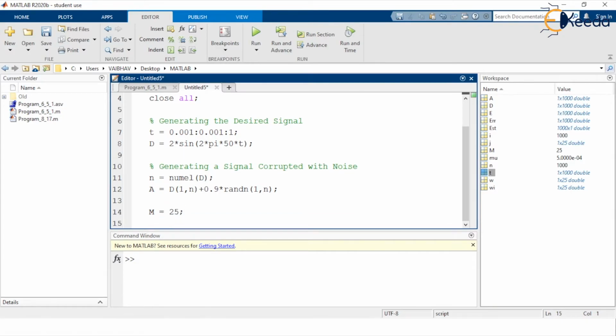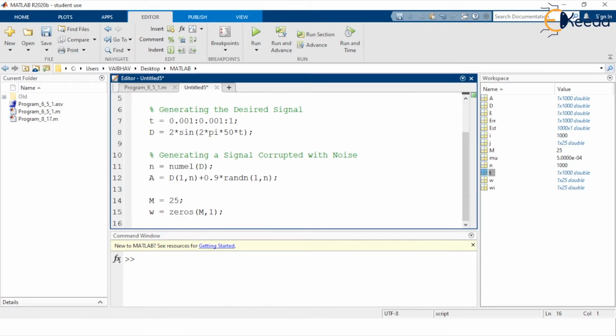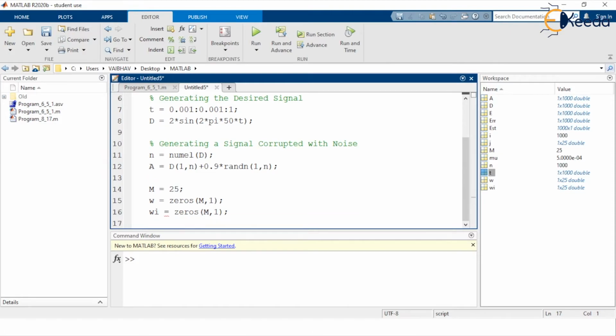Next to that, for representing the updates of the weights here, we define initially W with all the values to be 0 for the dimension capital M comma 1. Also for the update we require W suffix I initiated again with zeros in the bracket, capital M comma 1 here, ending with the help of a semicolon.